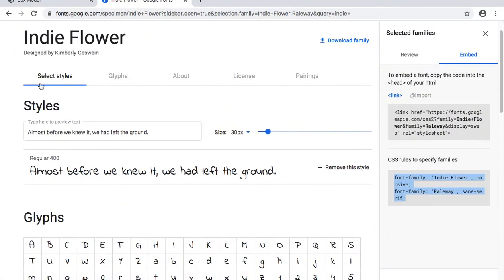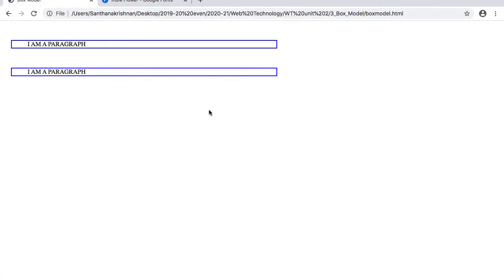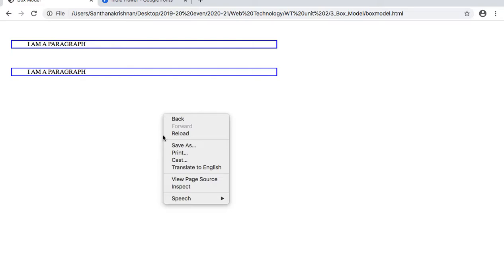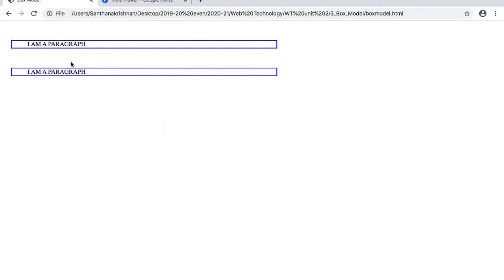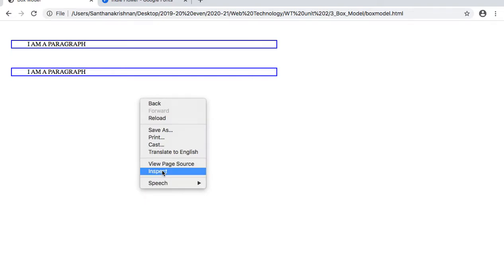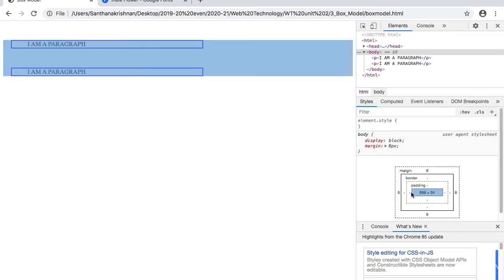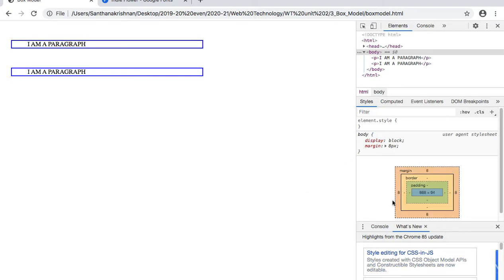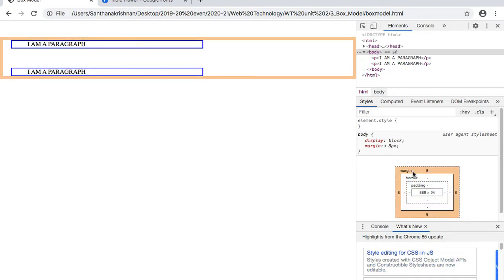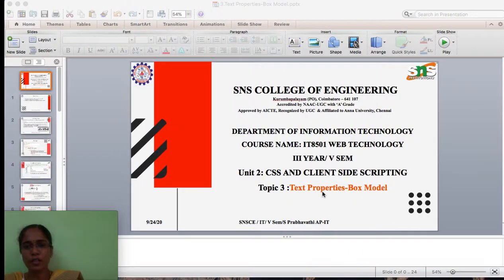Okay, here is one program I have written, and I am going to inspect it. See here, while inspecting I have its display box model. This is said to be the box model. What it says is how to display the content. So the box model is nothing but